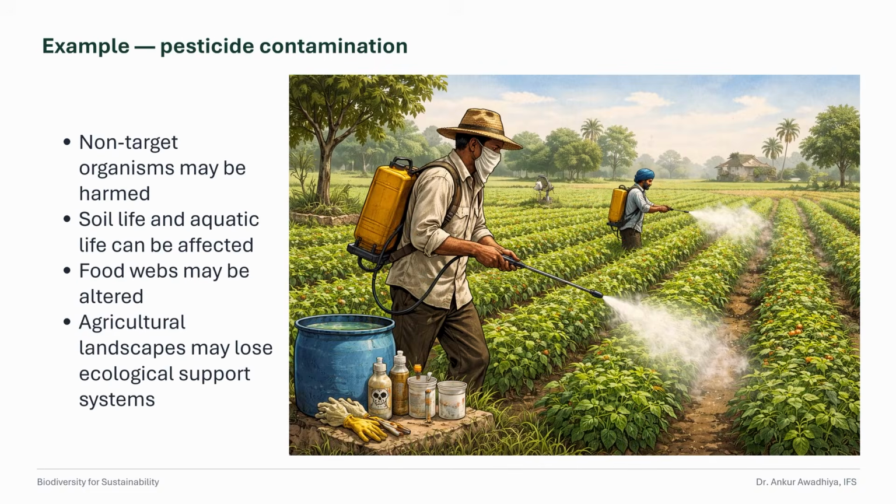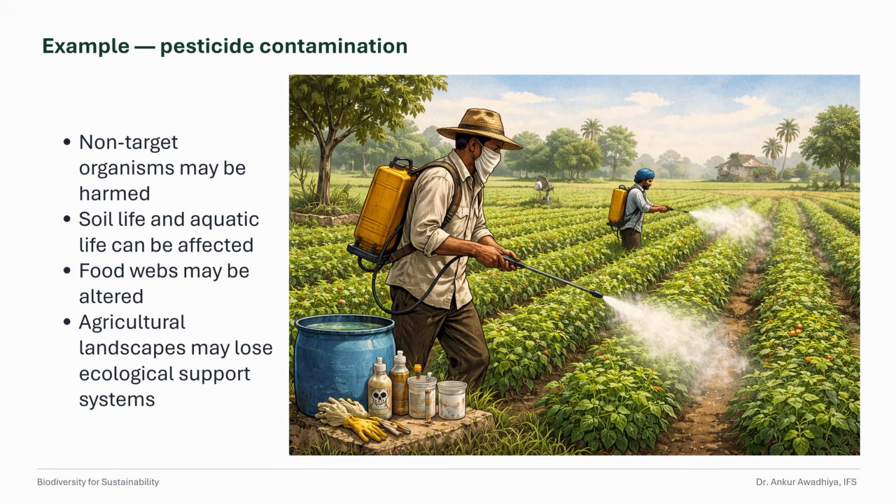Pesticides are designed to affect specific pest organisms, but non-target species are frequently harmed as well. Soil invertebrates that support decomposition may be damaged. Aquatic invertebrates at the base of freshwater food webs may be reduced. Pollinators may suffer sublethal effects that weaken colony health. As these organisms decline, the ecological support systems that agriculture depends on also weaken. This shows how pollution in production landscapes can feed back into broader biodiversity loss and ultimately undermine the systems that